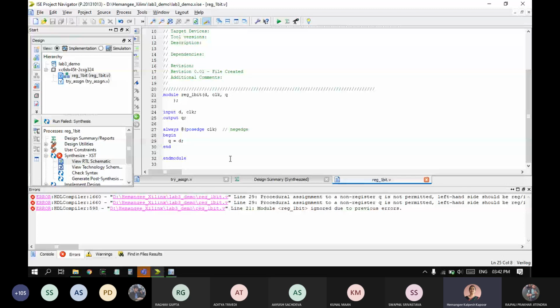But right now, what am I doing? I'm writing always at something, Q equal to D. So whenever the condition which I've written in the always statement, this positive edge, does not come, what should the circuit do? When the condition is not satisfied, it should hold the previous value, and therefore the previous value needs to be stored in a register, and therefore the output Q has to be declared as a reg.